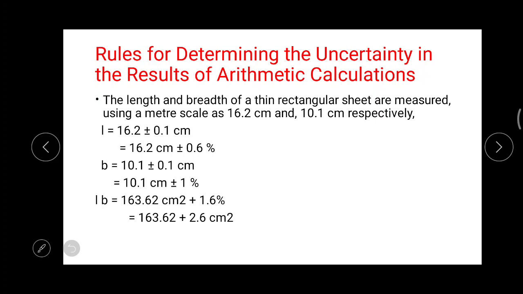the total percentage error in the area will be equal to the percentage error in length plus the percentage error in breadth. So that will be equal to 1.6 percentage, and the LB value is found as 163.62 centimeter square. Actually that is centimeter square. Okay, so 163.62 centimeter square,